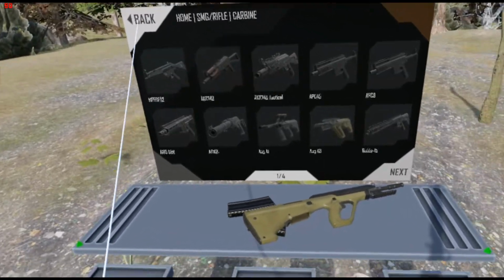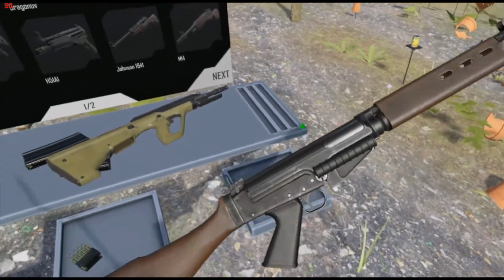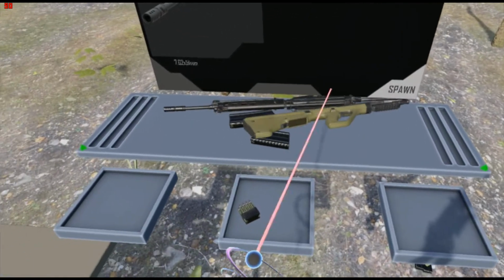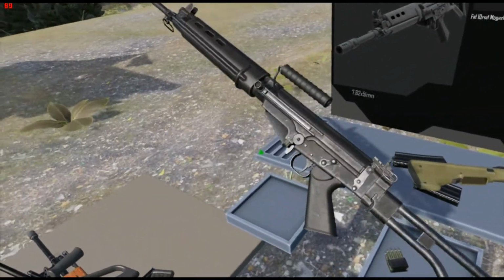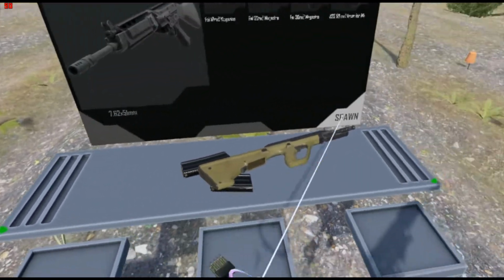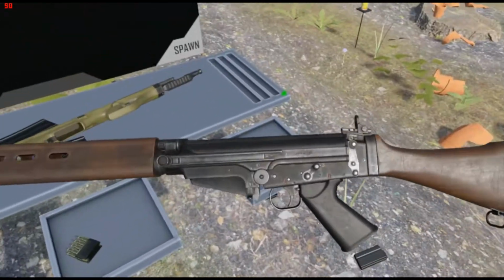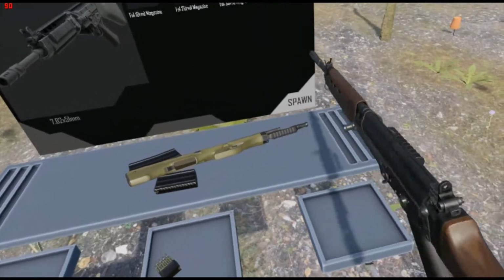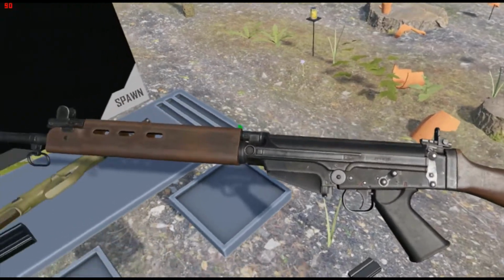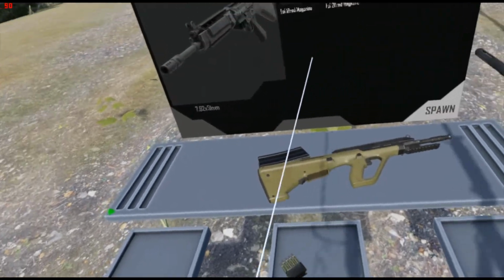Now there are 3 different versions of the FAL in H3VR. I'm using this one because it seems a little more appropriate for the time period that Black Ops 1 is in. But we also got a para version, which looks like it's from Modern Warfare 2 in 2019. And we got a tactical version, which naturally has those Picatinny rails and a fixed stock. But we're going to be using this version because it looks more appropriate for the time period. Looks a lot smaller than it does in the actual game, doesn't it? They always make the guns look so big and beefy. I guess it makes sense. This is chambered in